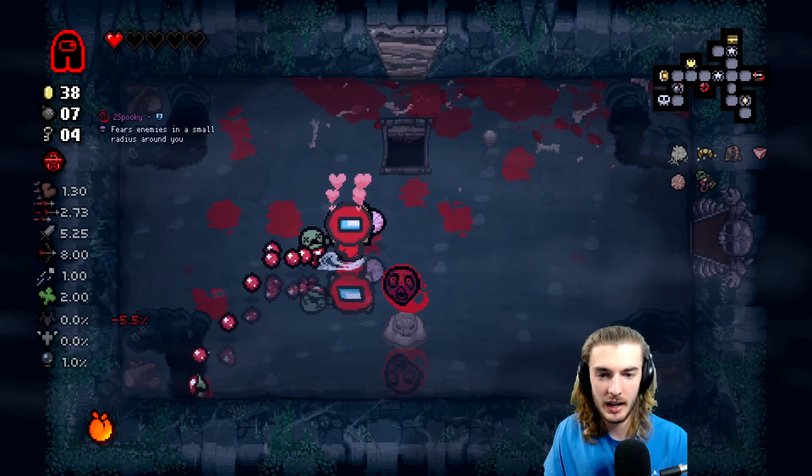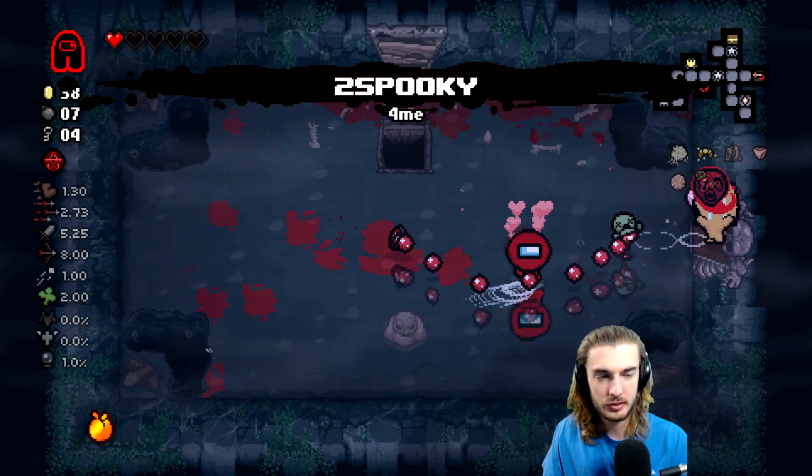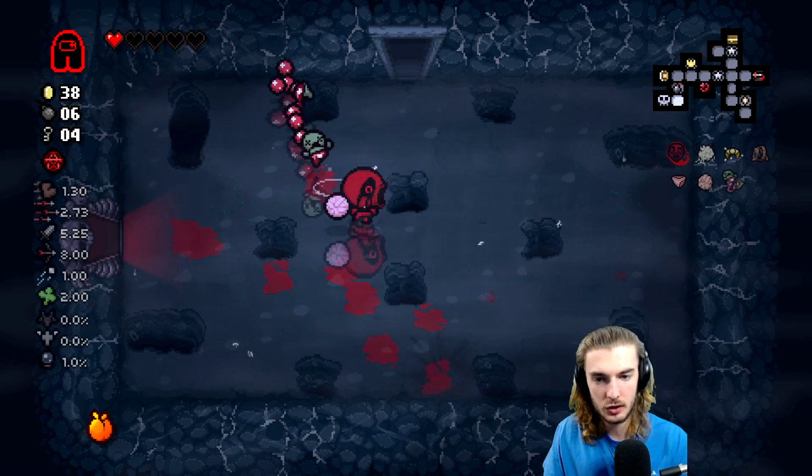I hate this item. It's so bad, but we have nothing else. I think I have to take it. I think I'm forced to take Too Spooky. He was forced to grab Too Spooky. Can this gutsy baby